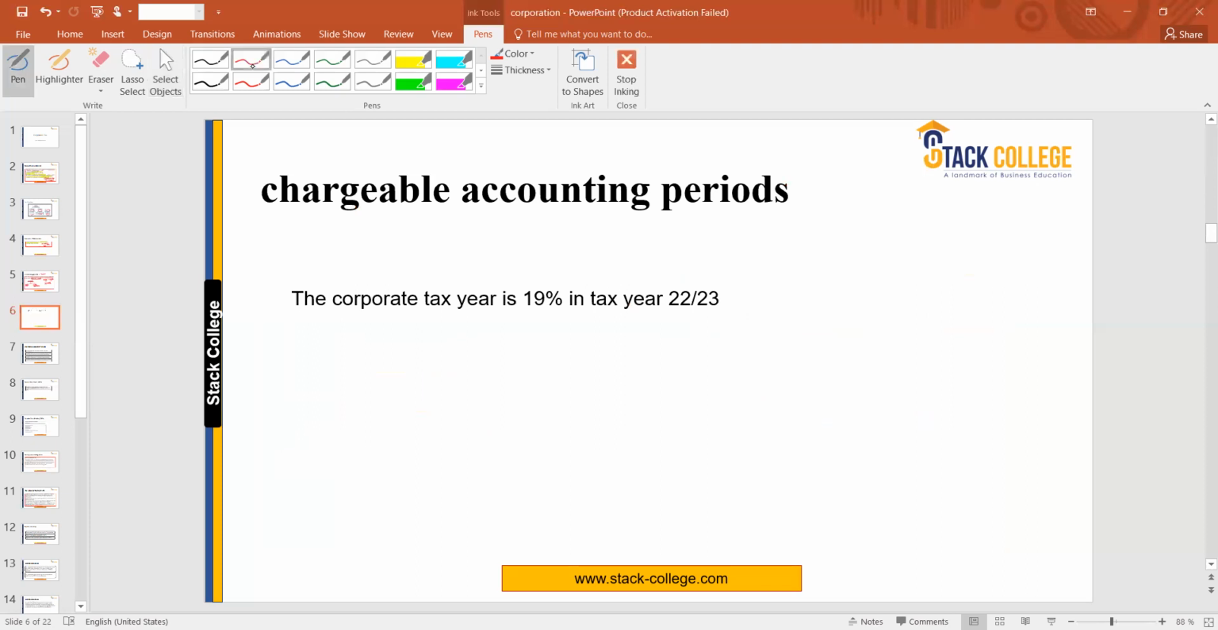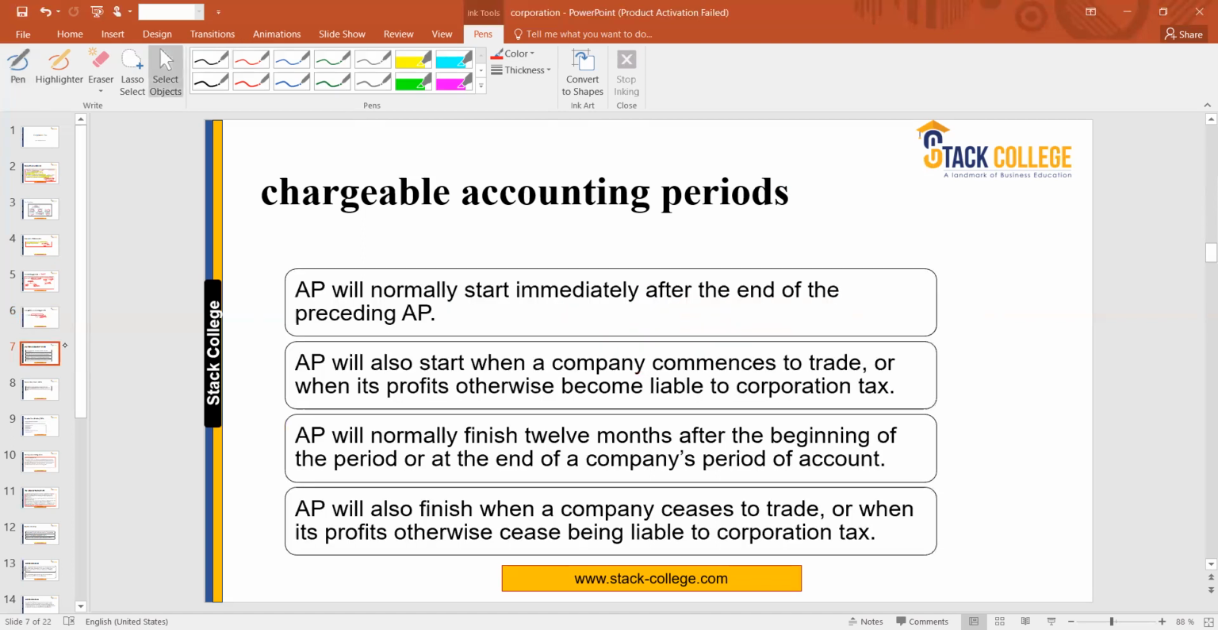Now, as far as the tax rate is concerned, the company's tax rate for the tax year 22-23 is a fixed one, which is 19%. So whatever the taxable profit the company earned during the tax year, we have to apply 19% irrespective of the size and nature of the business, whether it's a large organization or a small one. Everyone has to pay tax at 19%. Now, in order to calculate tax,